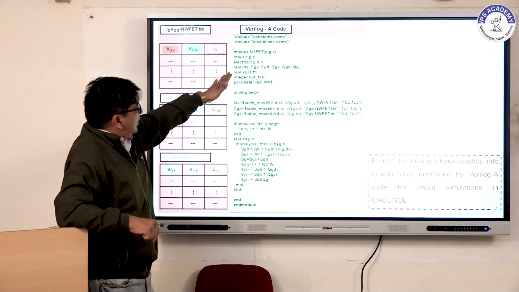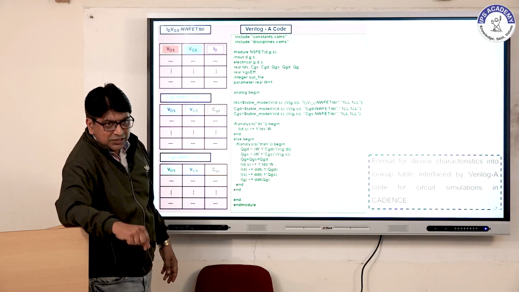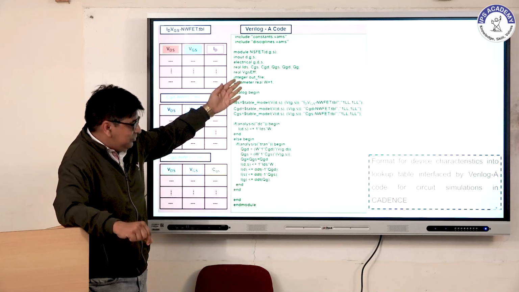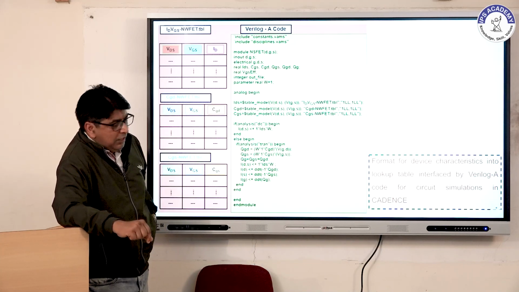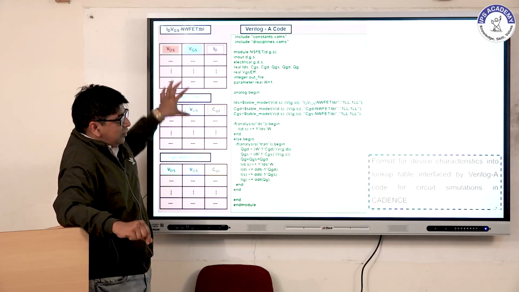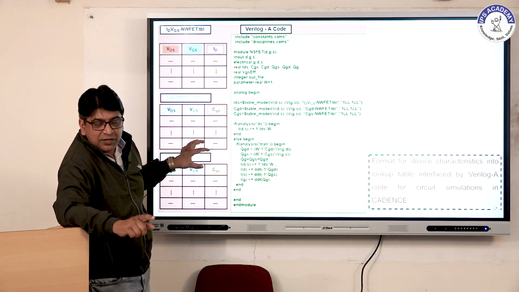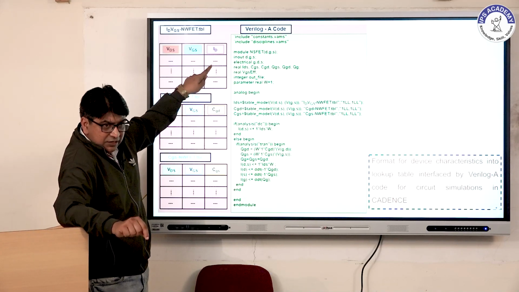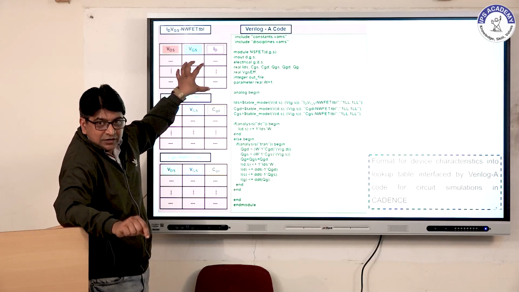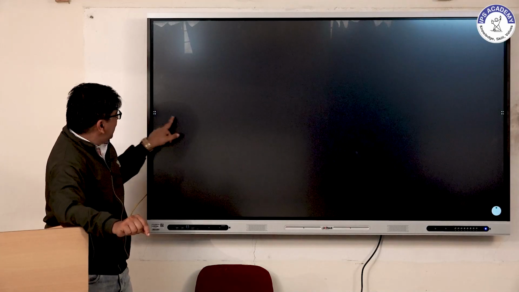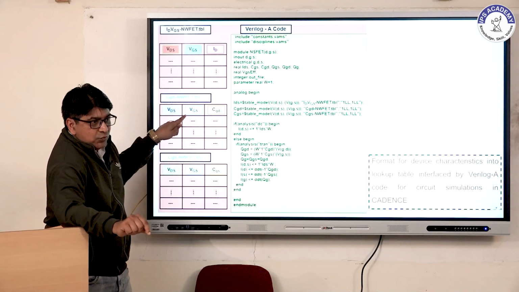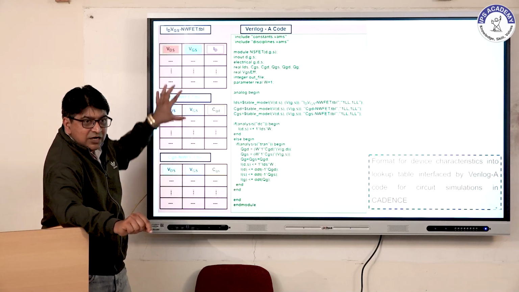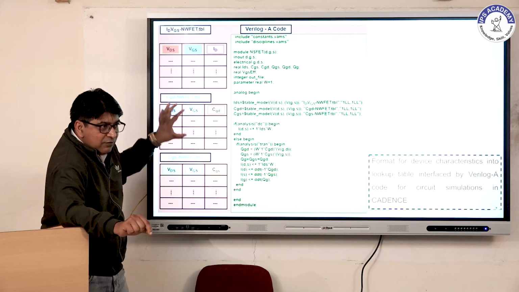If you are interested in working in this aspect, where you design the device and want to check its circuit capability, I will share this Verilog model. This Verilog model will call your lookup table. The LUT table, as I mentioned, gives the drain current with respect to VDS and VGS variation, and it should be very fine. In the same manner, we have the gate to drain capacitance and the gate to source capacitance. If the table contains all this information,